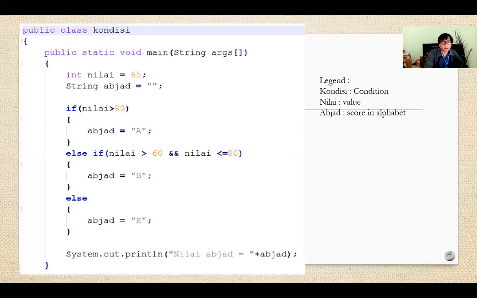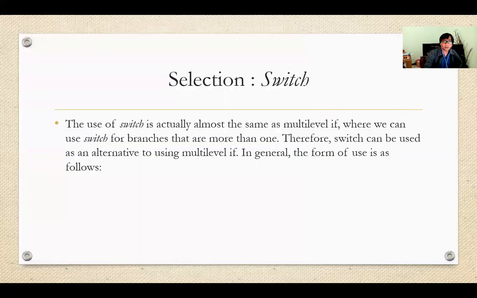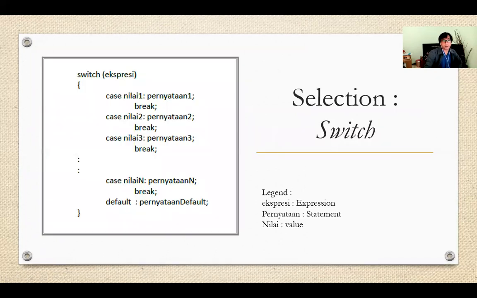And the next one is the switch selection. Basically the switch is almost the same as multi-level if, where we can use switch for branches that are more than one. Therefore, switch can be used as an alternative to multi-level if. In general, the form of switch will be as follows. As you can see, the switch expression is simpler